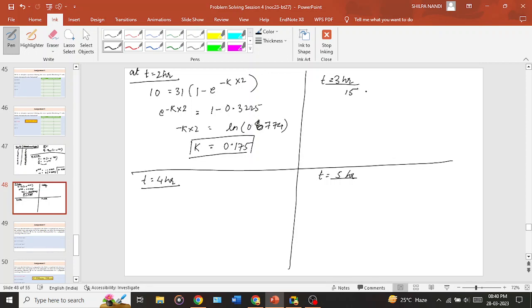So at t = 3 we have Mt equal to 15 minus... k will come as ln 0.51753. So k will come around